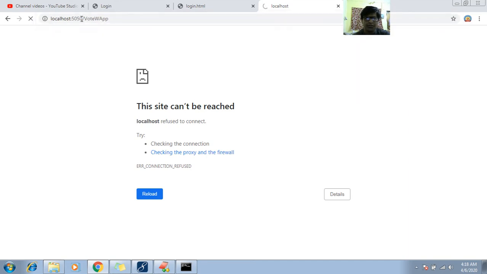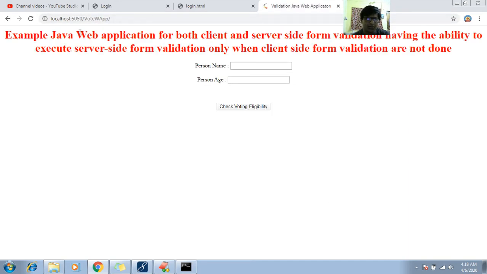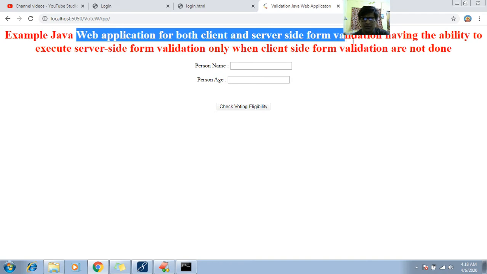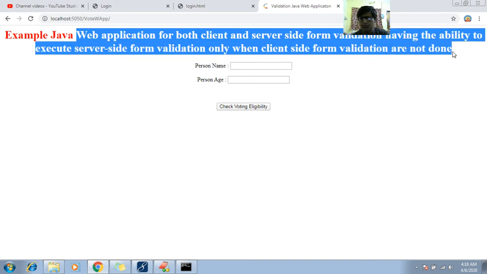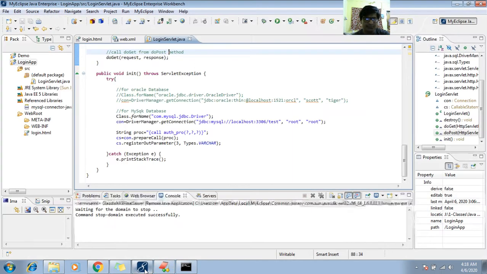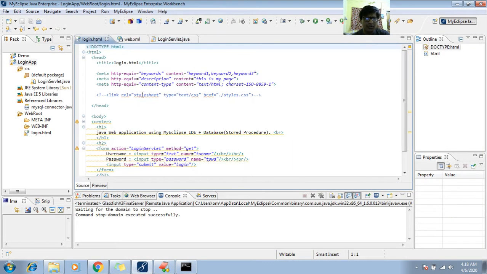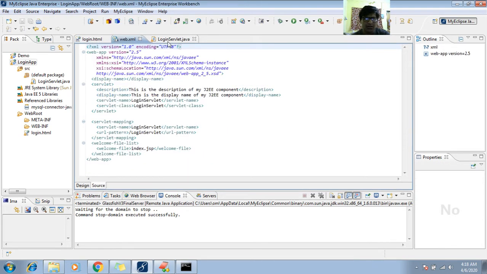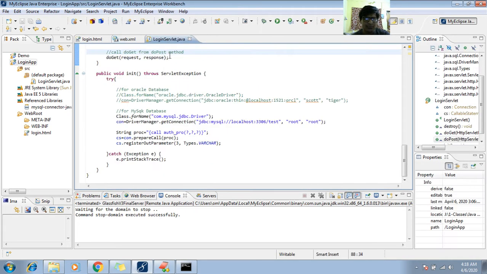5050. So you can see here, last time we deployed this application. Now I want to deploy my web application, login web app. This login web app contains login.html, web.xml and login servlet. Okay, fine.